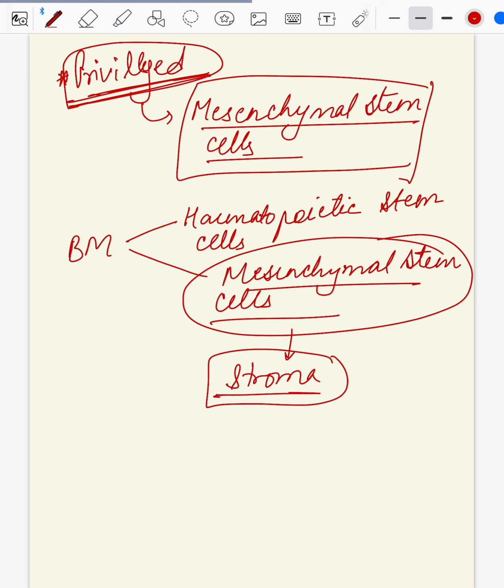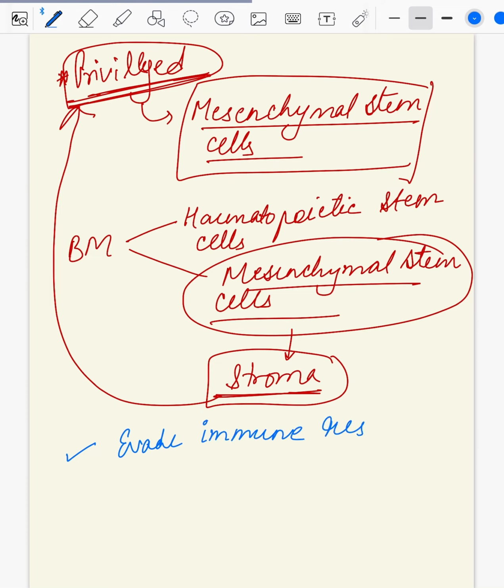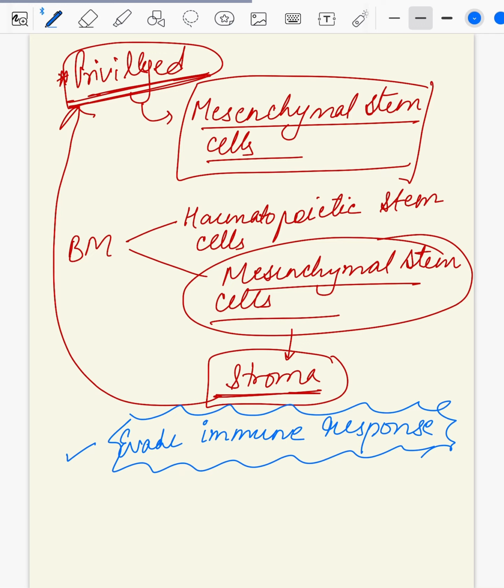Now, these mesenchymal stem cells, as I said, are the privileged stem cells. So, when I say the word privilege, what do I mean? I mean they have this property that they can evade immune response. This is a very important feature which I need to take into consideration when I am dealing with patients where I have to go for a graft,